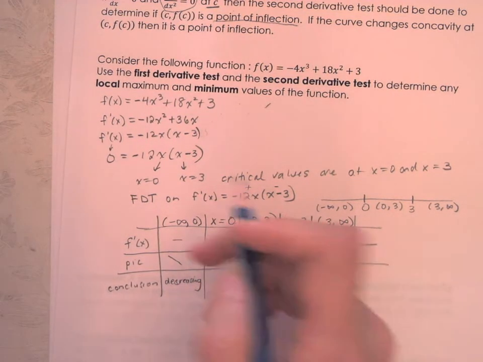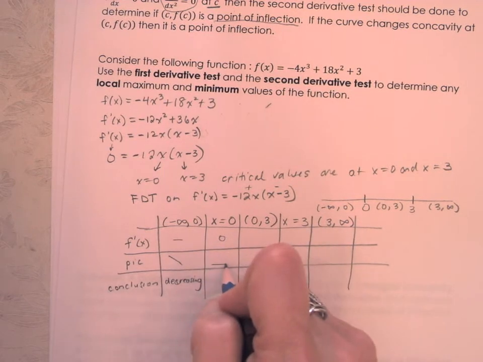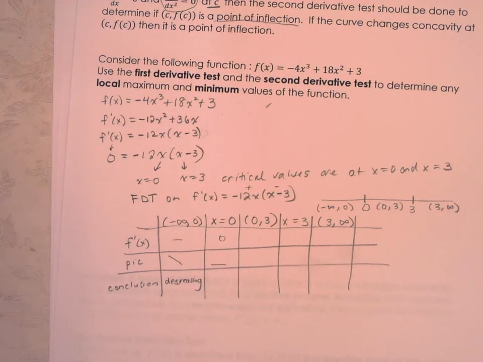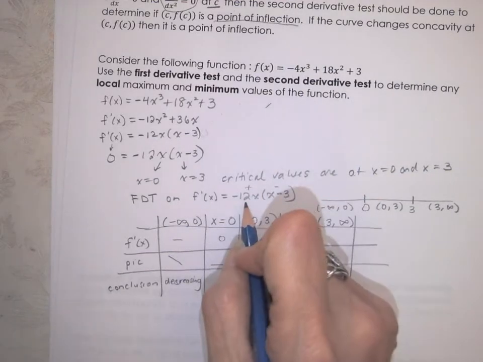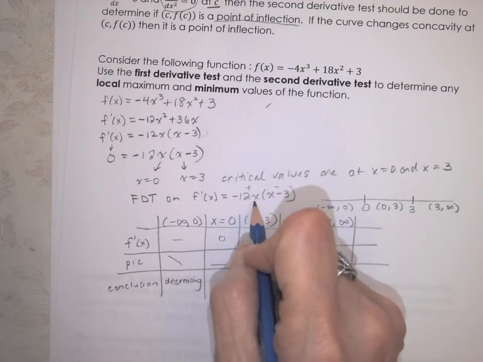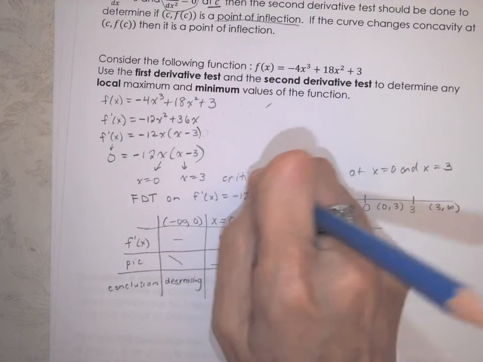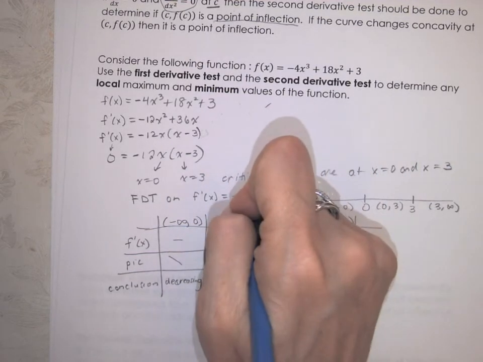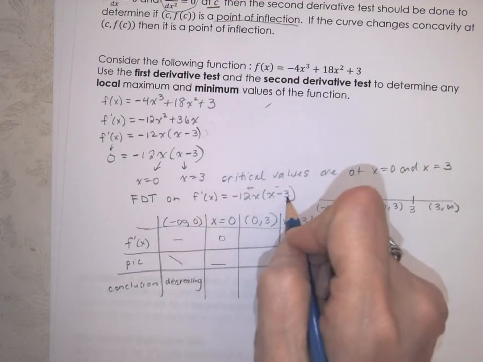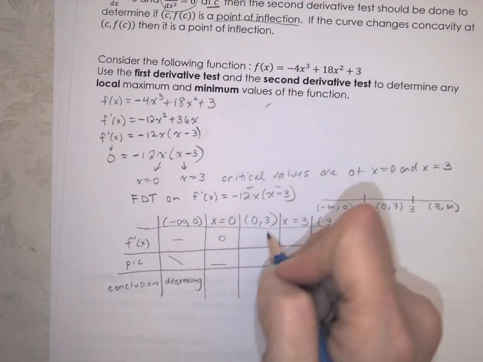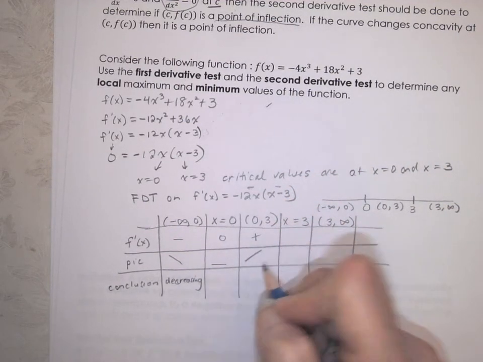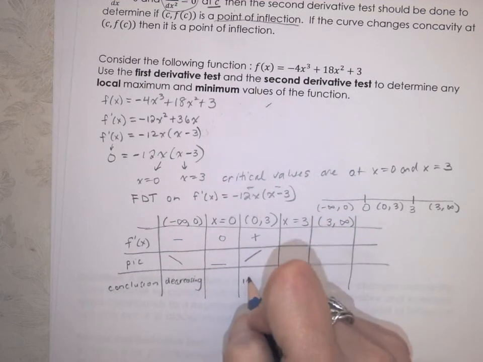If we sub 0 in, we're going to get 0, which is a horizontal tangent. From 0 to 3, a representative number would be like positive 1. So that's going to make this negative. Negative 12 times a positive would give me a negative. And then 1 minus 3 would still be negative. So a negative times a negative is a positive. So the sign would be positive, and we would be increasing,